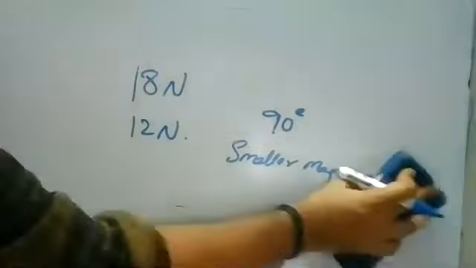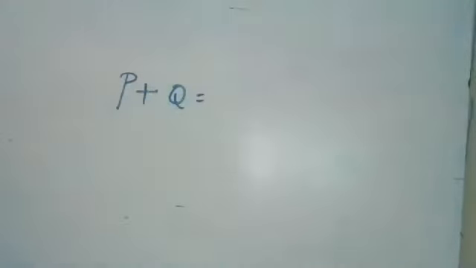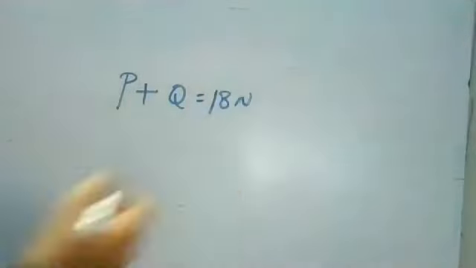Okay, so this is your question. And remember, they have mentioned step by step clearly here, so don't get confused. First of all, the sum of the two magnitudes of forces. I'll take P as a vector and Q as a vector. There are two vectors, P plus Q. What value have they given for this? It is 18 newtons.